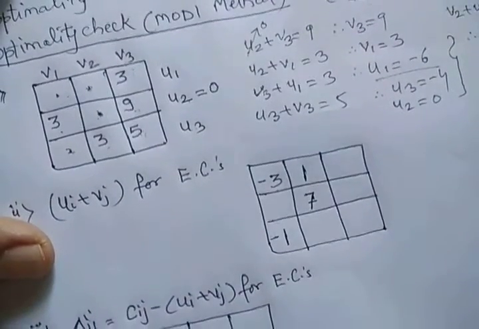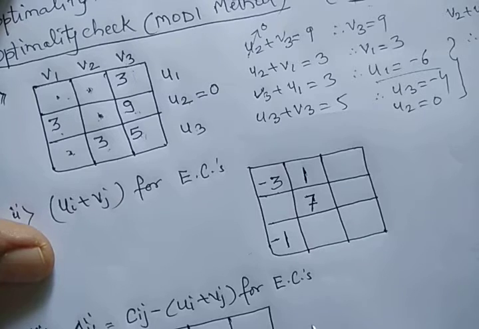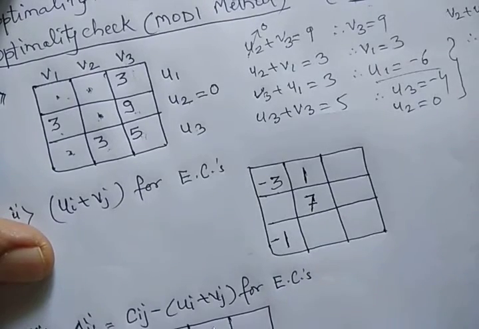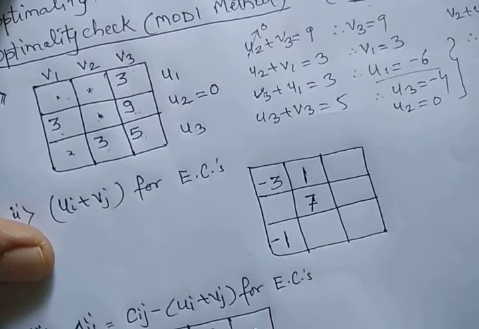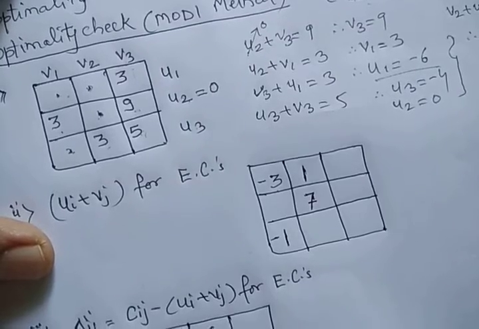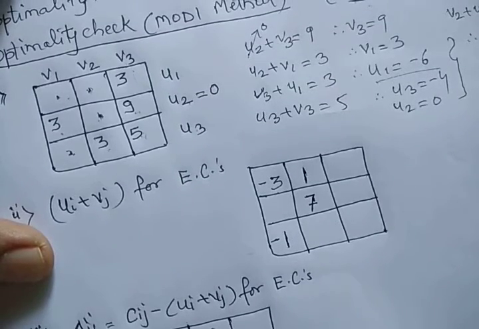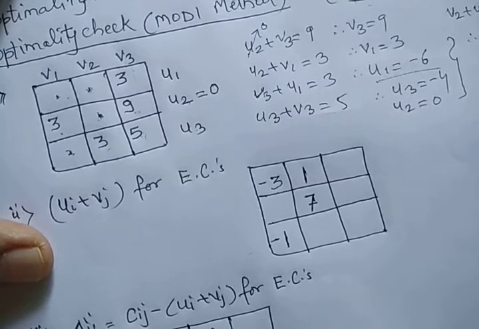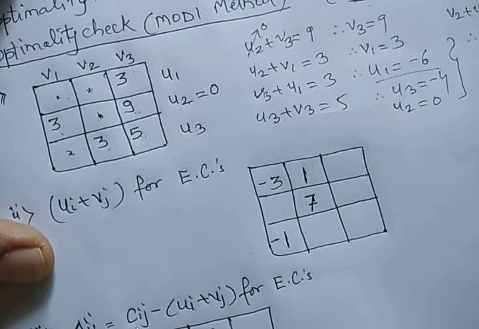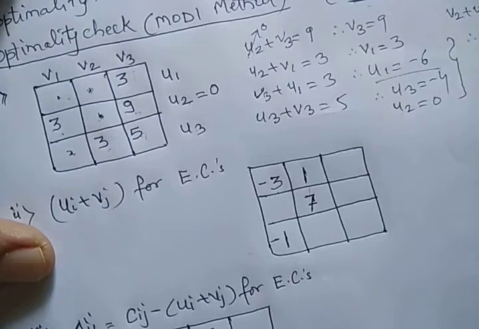You will get here 11. Next. Cost minus this for empty cells. So 7 minus 1, we get here 6. Here, what is the cost in the first matrix? It is 8 here. 8 minus 7, we get here 1. Correct? For this cell, what is the cost there? 11. 11 minus 1, we get here 12. So these are the costs here. So after writing this Cij, this is the cost in the first matrix, cost minus these values I write here. This is called delta Ij.